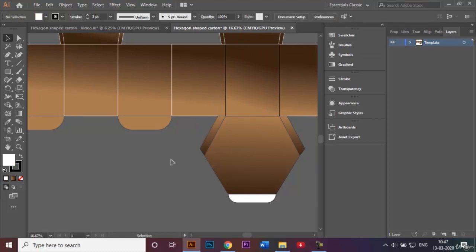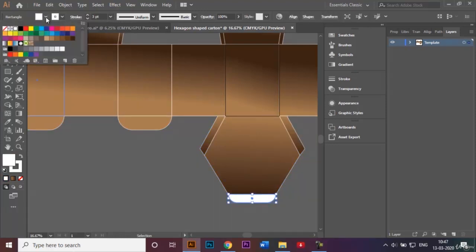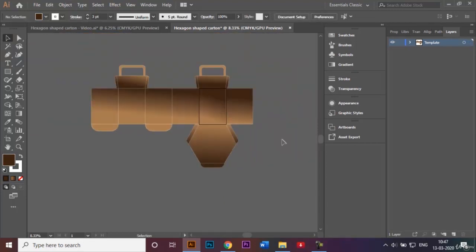And yeah. So I'll change the stroke color as well, over here to white, and change this color to a darker shade of brown, like this, and also change, let's see, yep. Okay, so we've made our template like this. I'm going to lock my layer. I'll make a new layer, and this time I'm just going to rename the layer